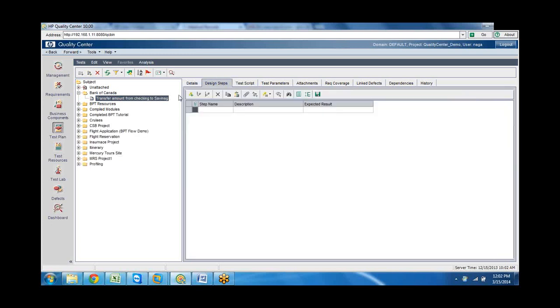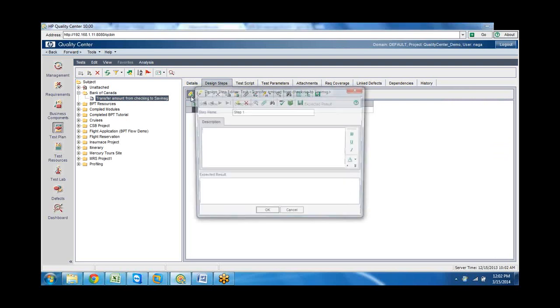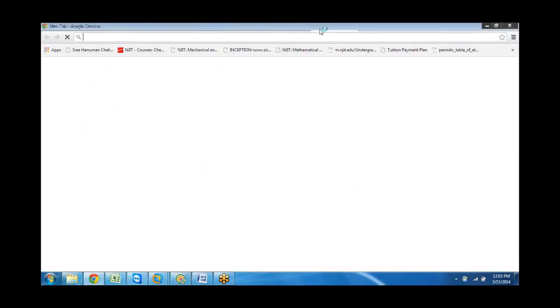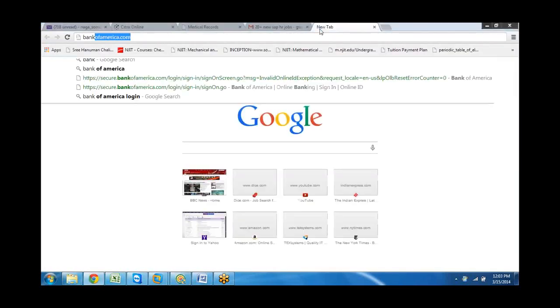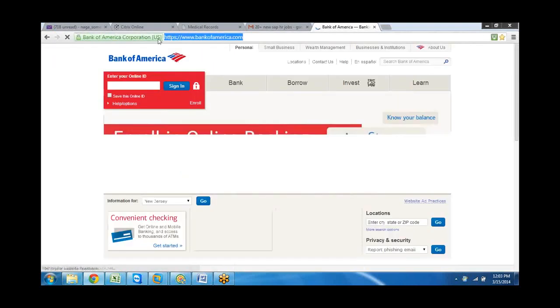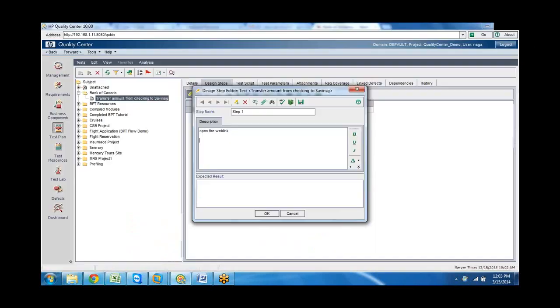All right, design steps. What is the first step? First step, open the web link. Which web link? Bank of America Bank. Right? So take this web link. Next step, go to checking. How will you go there? User ID and password. Then transfer $100